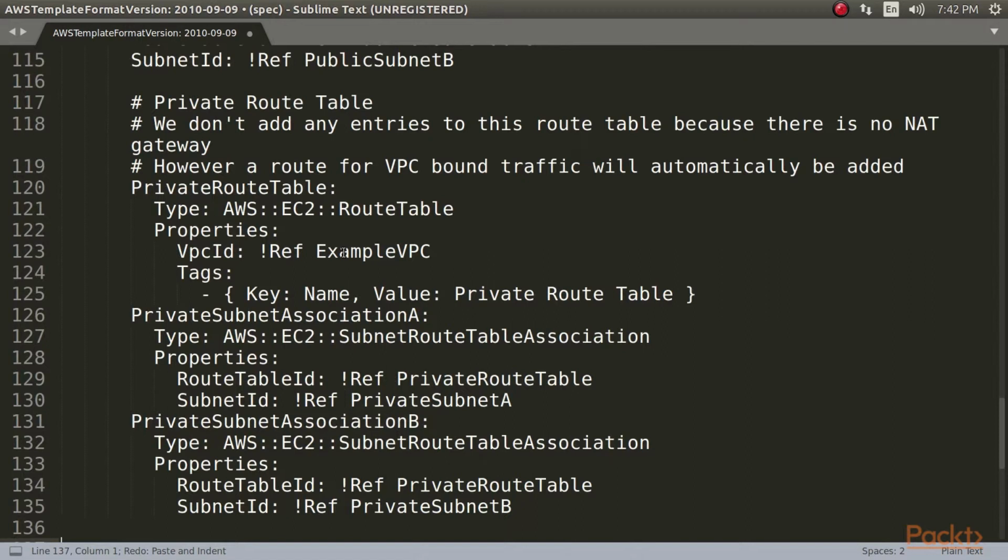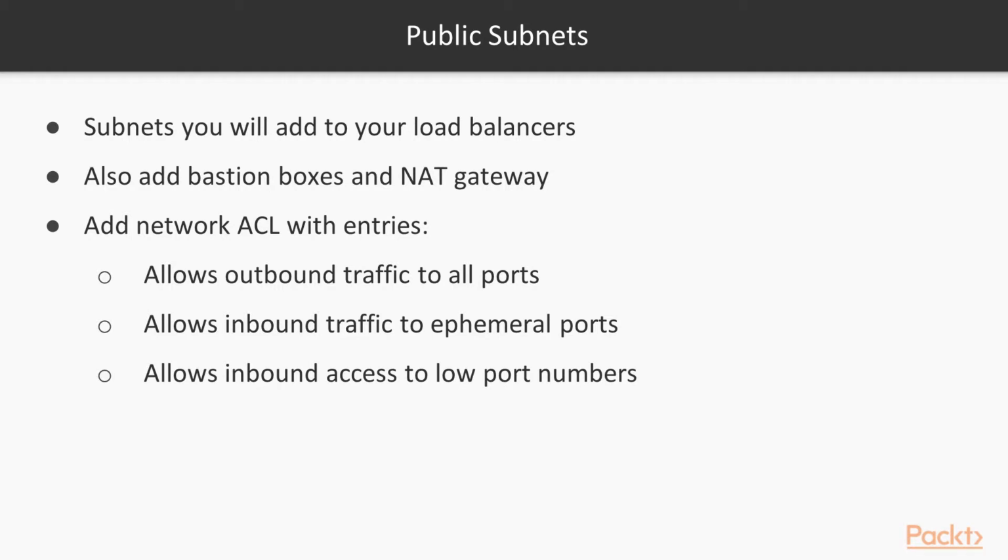Since the private subnet is isolated from the internet, we don't add a route to the internet gateway. Remember that if you were to follow with the NAT gateway, it will require a route table as an input parameter. We will now focus on the security aspects of our network. First, let's see the public subnets. These are the subnets you will add your load balancers to. You will also add things such as bastion boxes and NAT gateways, so we need to add a network ACL